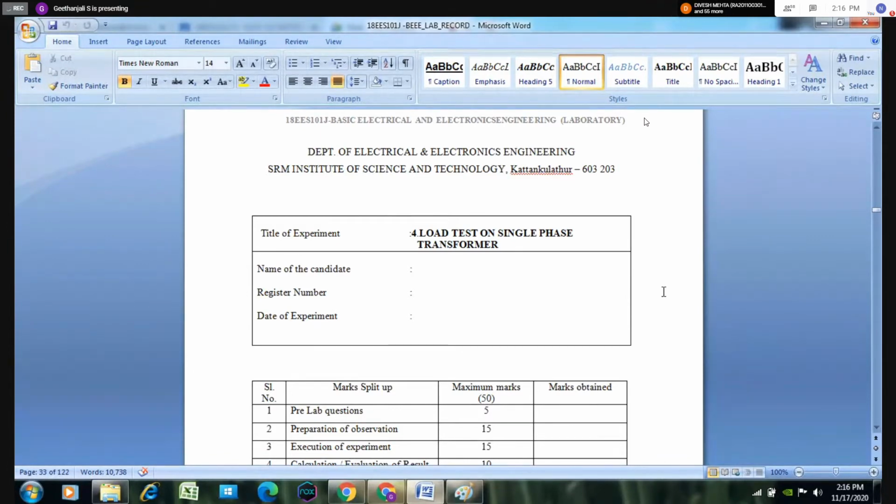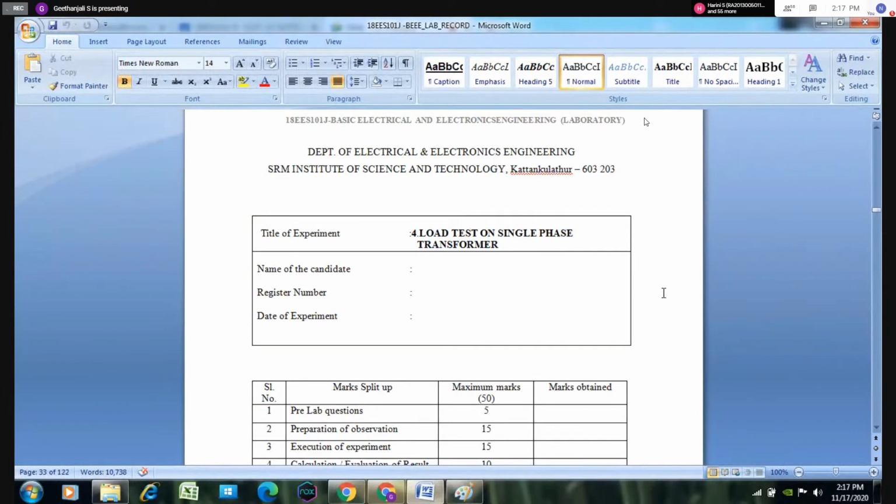The transformer is mainly used to convert electrical energy from one circuit to another circuit without change in frequency, with a desired change in voltage, magnitude and current. This is the main usage of the transformer. Once again, I repeat the definition: the transformer is a static device. There is no rotating part.